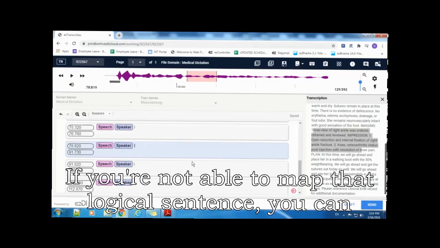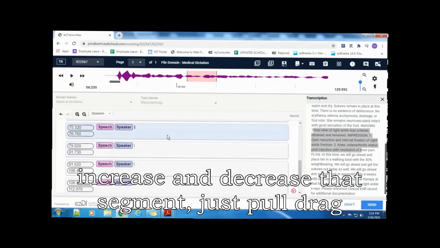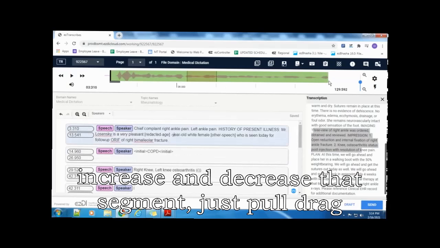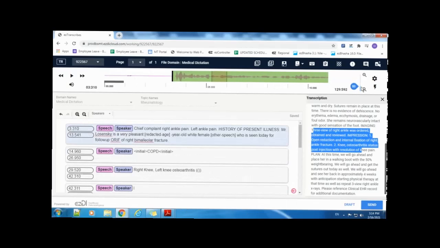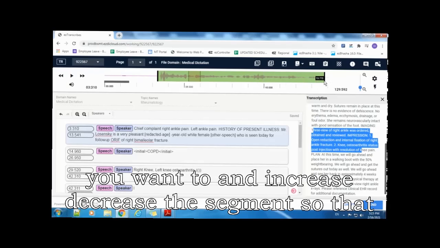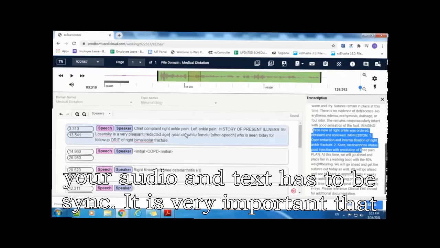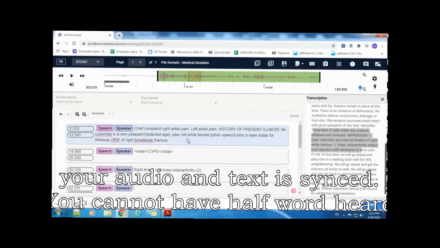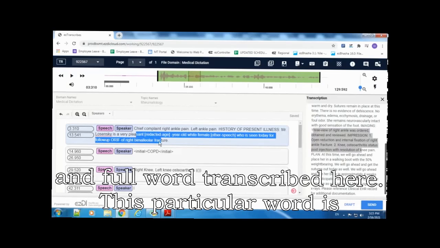If you're not able to map that logical sentence, you can increase and decrease the segment. Just drag this, hold it, drag it up or down, whichever way you want, and increase or decrease the segment so that your audio and text are in sync. It is very important that your audio and text are in sync. You cannot have half a word heard and a full word transcribed here. This particular word